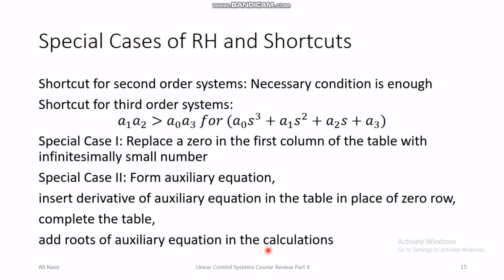So if those roots of the auxiliary equation are in the right half plane, then the system will become unstable. Actually, the roots of the auxiliary equation will be the actual roots of the system. So in special case 2, you end up actually calculating some of the roots of the actual polynomial, and for the other roots you can tell about them without calculating them, using the Routh table. Okay, so these are the 4 steps that you have to perform. We did an example of this case 2 when we discussed the Routh-Hurwitz lecture in this course.